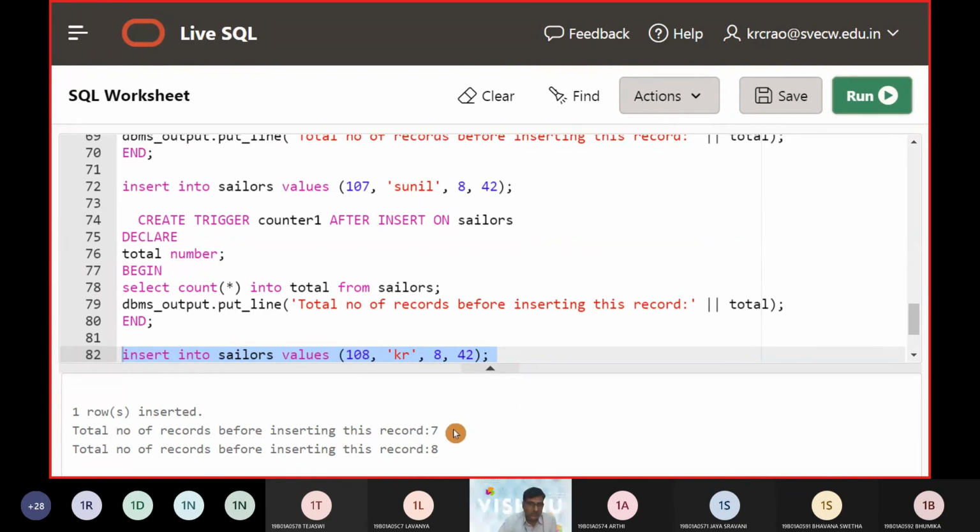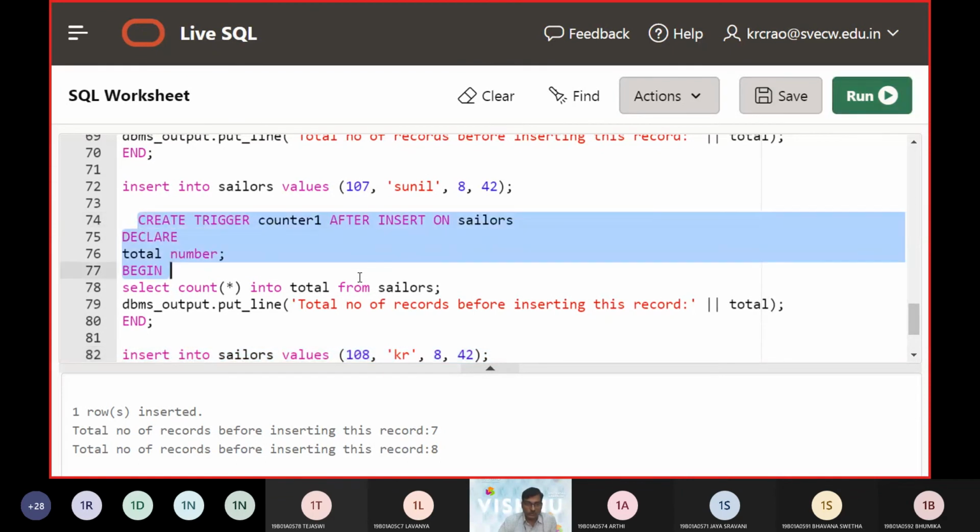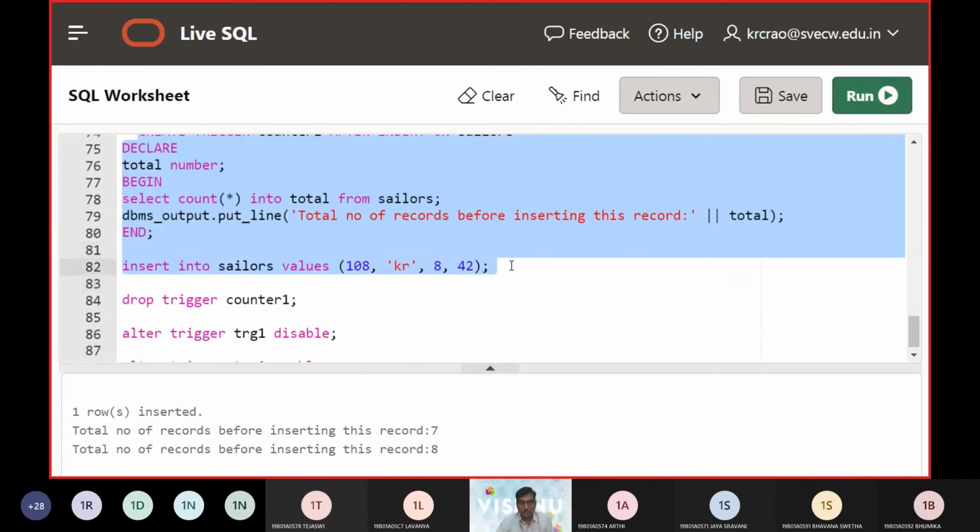So that came to 7 records. After that we added the KR record, and once this record was added, the trigger says the total records are now 8. So that is the intention of bringing in the record at this point of time.